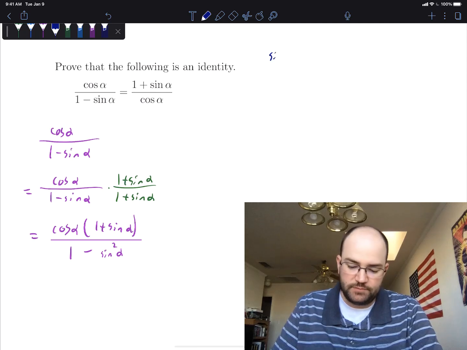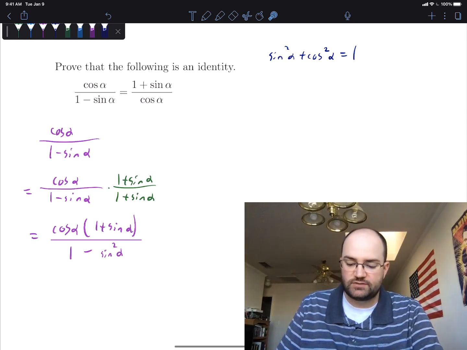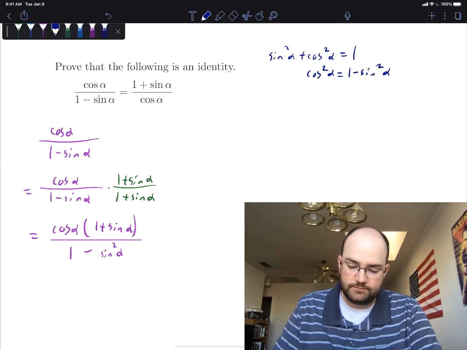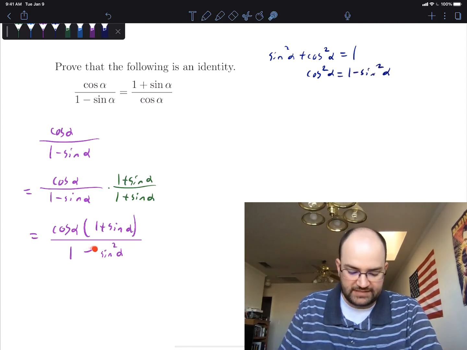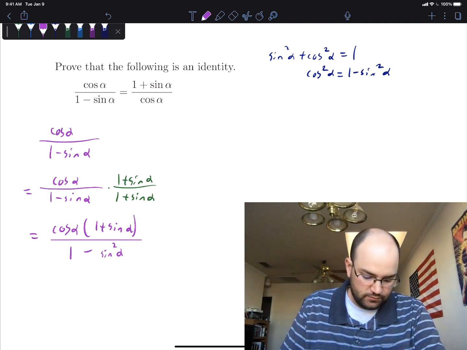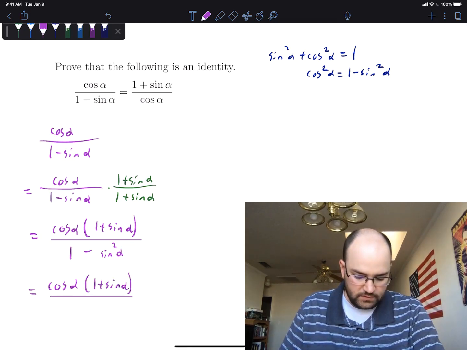But remember the fundamental identity of trigonometry. Notice that I can get 1 minus sine squared alpha by subtracting the sine squared alpha. And that's going to give me cosine squared alpha equals 1 minus sine squared alpha. But notice that that 1 minus sine squared alpha is cosine squared alpha. So this is going to give me cosine alpha times 1 plus sine alpha, and then all over cosine squared